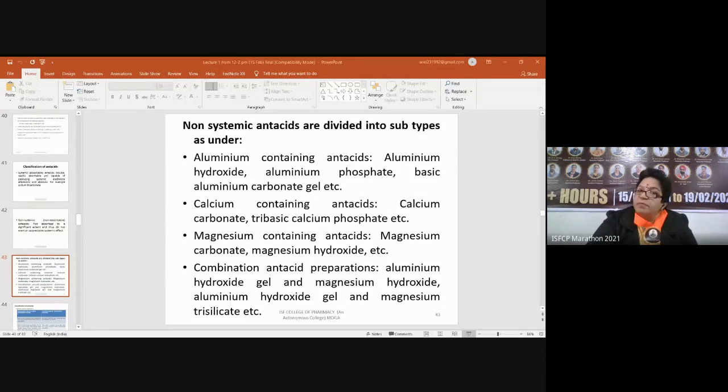But in case of non-absorbable or non-systemic, like calcium carbonate, magnesium hydroxide, aluminum hydroxide, see what is happening over here. Calcium carbonate, hydrogen ions will react with this. It will lead to formation of H2CO3. H2CO3 will be converted into H2O plus carbon dioxide. This calcium will be released from the body along with HCO3 minus. This is non-systemic.